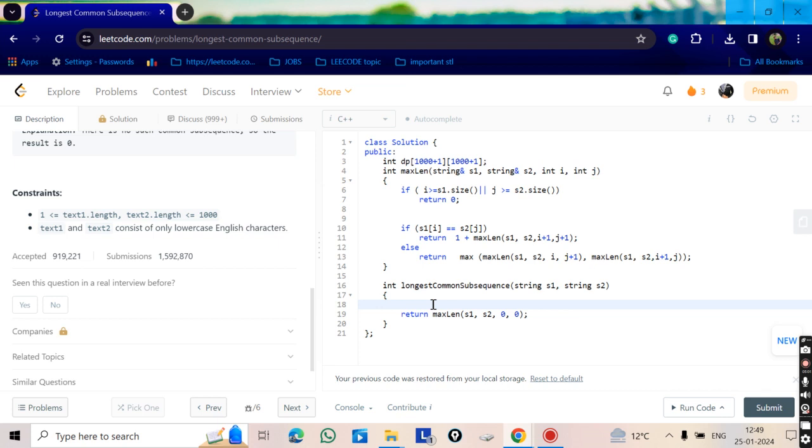We initialize all of dp to minus 1, using memset.